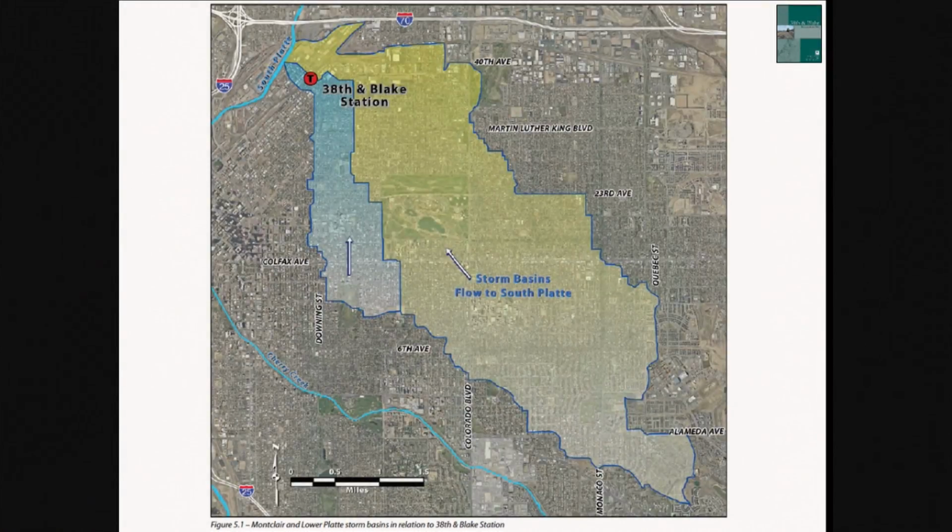And they said, of course you are aware that all the stormwater in a massive area drains to 38th and Blake Station area. Right there in the middle, that's Colorado Boulevard. Goes past Colorado Boulevard to Monaco. It's a huge area. And so, yes, you can do redevelopment there, but the requirements for building there and the things the city should do before the water gets there are significant. And this was not new knowledge, but those of us in the neighborhood didn't necessarily know that. We just knew that when it rained a lot, all the manhole covers would fly off, which happened. So this brought a perspective, the whole community coming together and all the technical resources that were necessary to consider